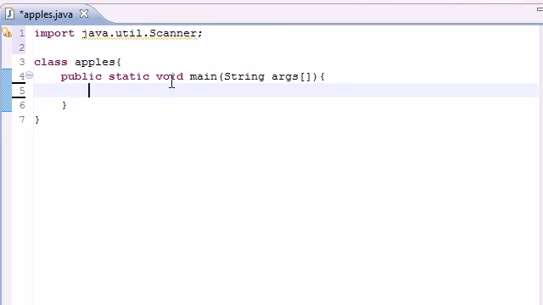We need to make a variable that's going to hold the input from the keyboard before we use it. So to do this, we need to write something called Scanner, S-C-A-N-N-E-R. This means that we're going to use the scanner. Next, you need to give your variable a name, and I'm going to name mine Bucky. And then you need to set it equal to whatever they enter from the keyboard. So to do this, you need to follow along. New Scanner, and in your parentheses, let me add my semicolon first,